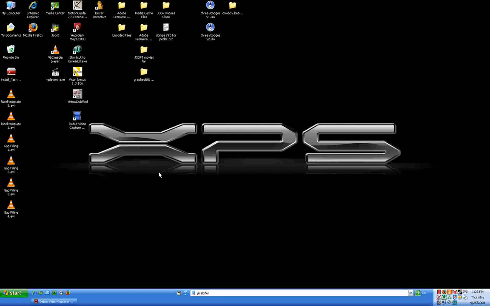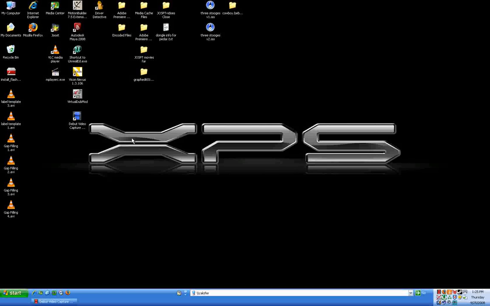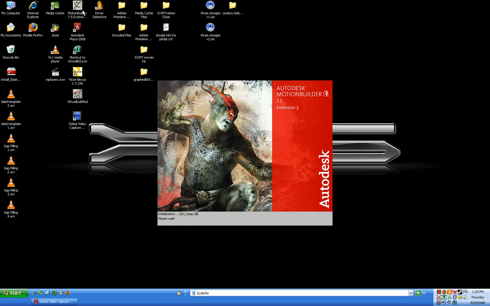Okay, so this is going to be a video tutorial on how to import the labeled dots and the clean dots and the gap-filled dots that we've finished in Vicon Nexus into MotionBuilder to start creating animations. So first thing we need to do is double-click on the icon for MotionBuilder and start it up, and you'll